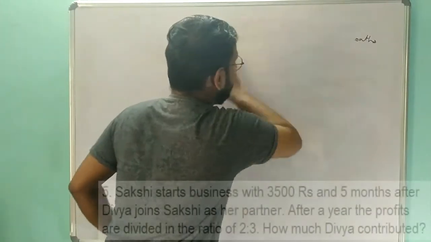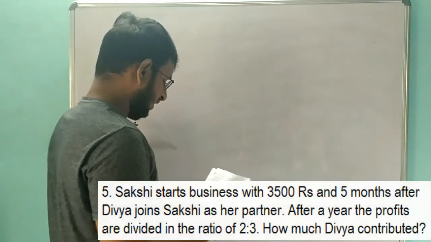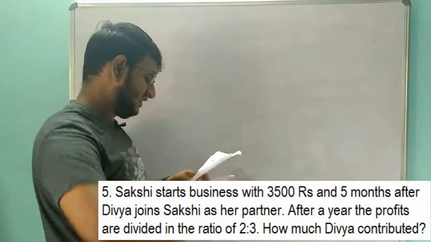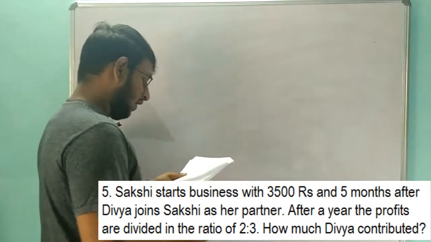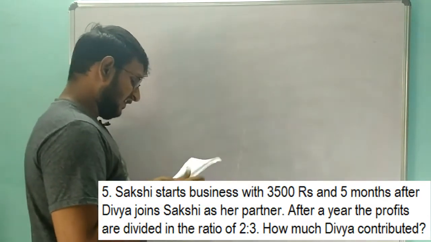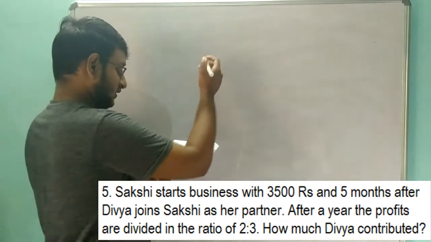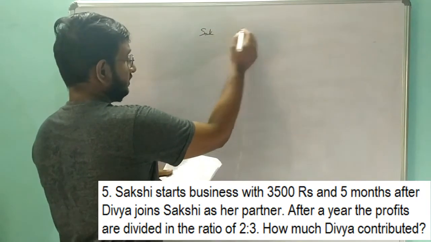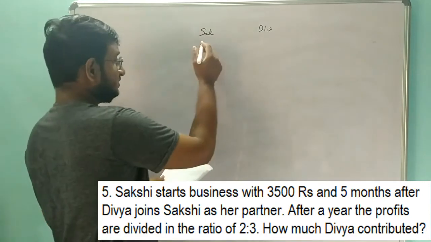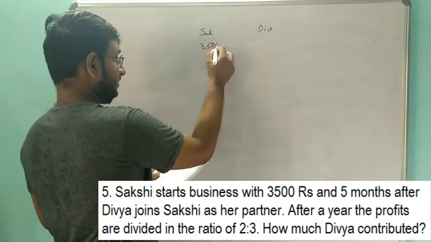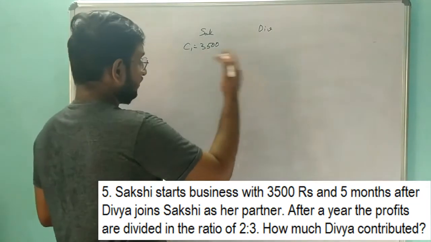So in the next question, what have they given? Sakshi starts a business with 3,500 and 5 months after, Divya joins Sakshi as a partner. Let's write the given values first. Sakshi and Divya are partners entering into a business. Sakshi has invested 3,500. After 5 months, okay, so